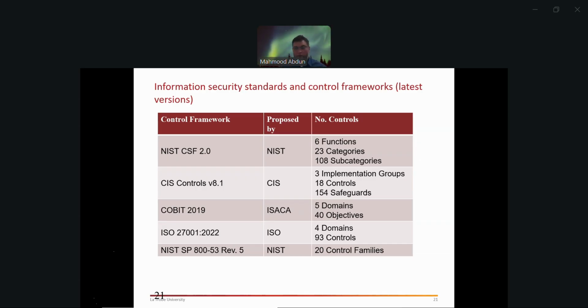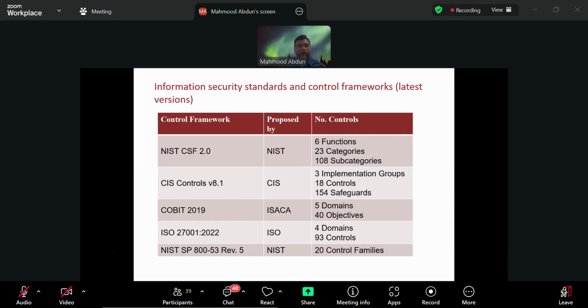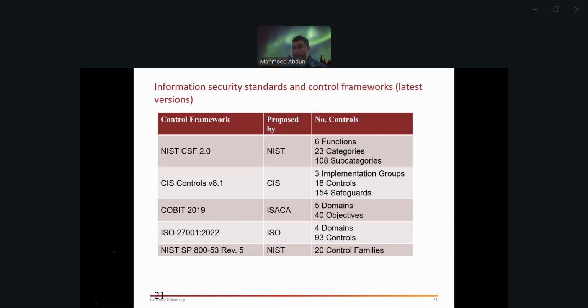The other ones we'll not be looking at, but in some cases, you may need to draw parallels. For example, how do you compare NIST CSF with CIS controls? Or how do you compare NIST CSF with Essential 8? Or how do you compare NIST CSF with any other standards? The way you do it is basically you map these functions with the high level function of the other type of standard, and that's how you trickle down. This is not something we'll be looking at in this subject.